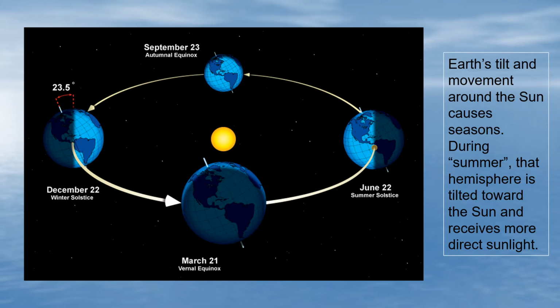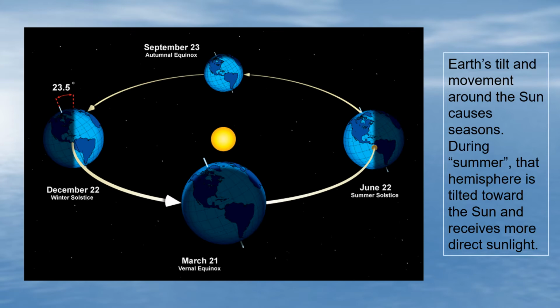Okay, so we mentioned this on a previous slide. We talked about Earth's tilt. So compared to the sun and how we travel around the sun, Earth's axis is tilted. And that means that during certain times of the year, different parts of the hemispheres will receive the most sunlight. So we can see that, which means that the summer season is different in the northern hemisphere and the southern